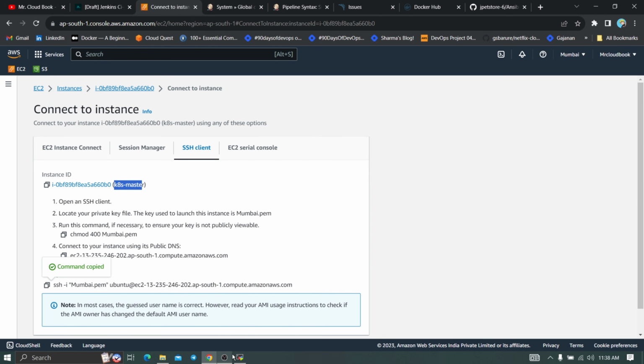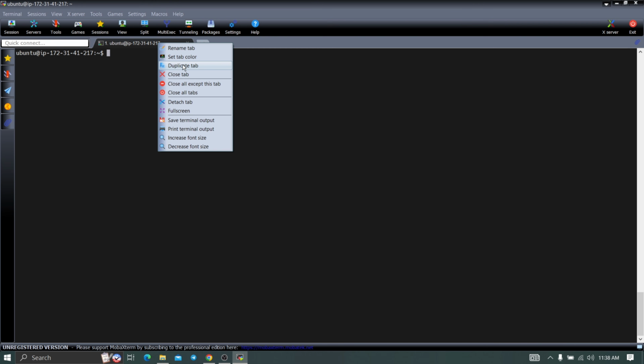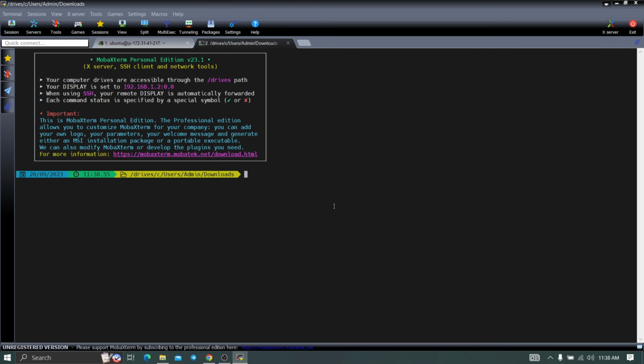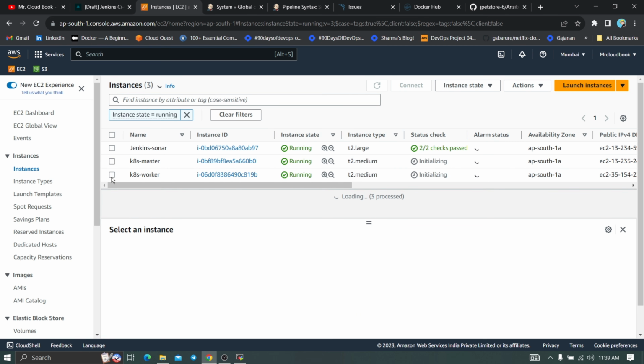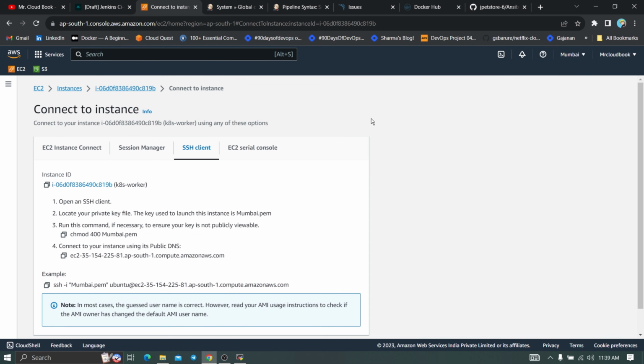Just copy this one and open a new tab, right click, duplicate the tab, provide the SSH client here, enter, and right click and duplicate the tab. Okay, so let's go and copy the worker SSH client also. Select the K8s worker here and click on connect, and copy the SSH client here for the worker. You can see worker, copy,